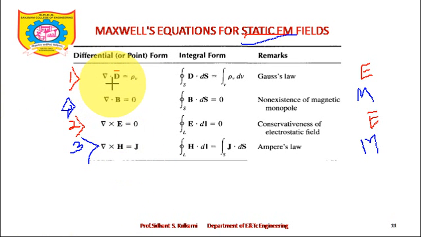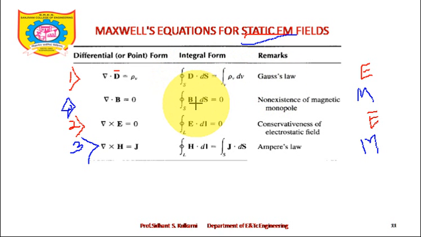Whenever you find a divergence, del dot some vector, that means you can find a closed surface. So divergence, you can write it as a closed surface integral of that particular vector over a surface is equal to, you know, closed surface forms volume, so rho v dv. It's very simple to understand. So closed surface forms volume, and Gauss divergence theorem is going to take you to the closed surface. So closed surface integral of D bar dot dS bar is equal to rho v dv. That is the first expression.